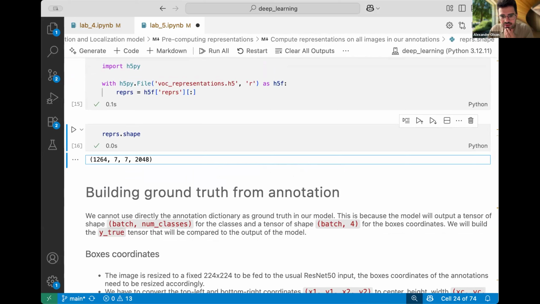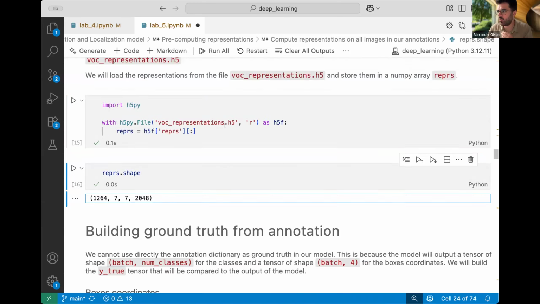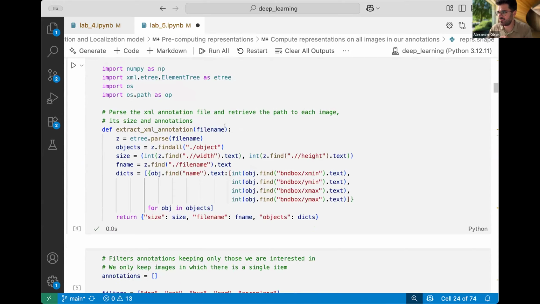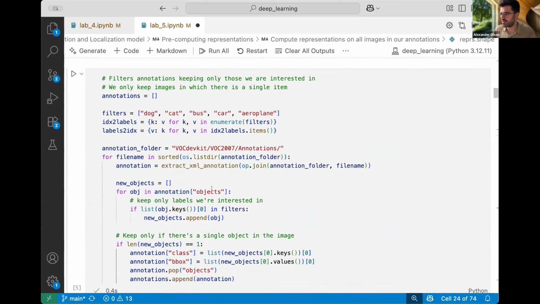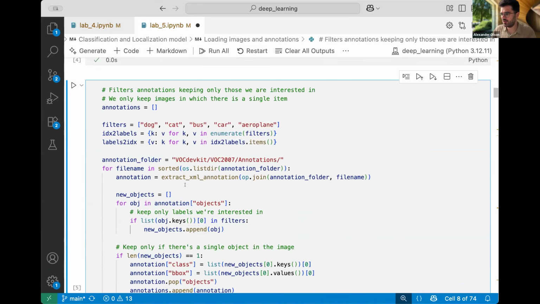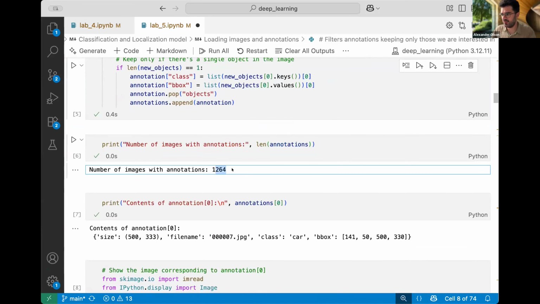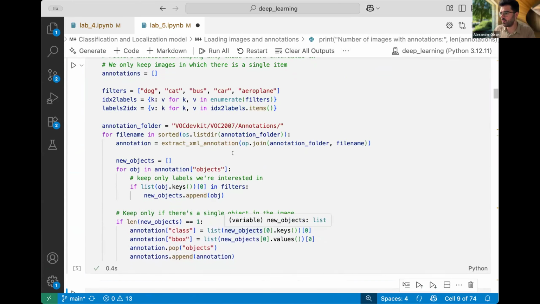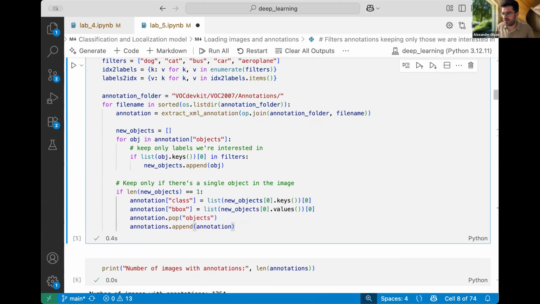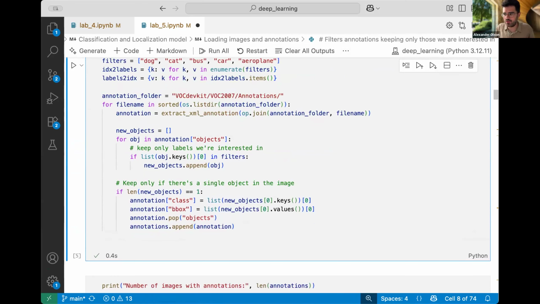Just checking some of the things in the chat. If you're running out of memory, then what we can do is try to reduce the amount of data that you're loading into your system. So where is it? So here we are loading into our system this set of 1,264 images. If you find that this causes you to crash, if this is too much data, we can add something in here that stops us after a smaller number of images. So this works by